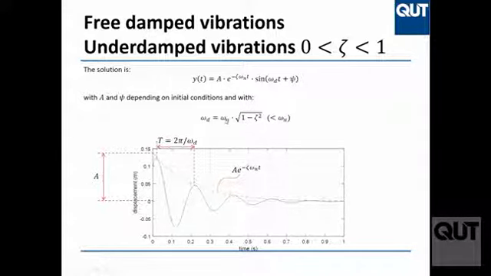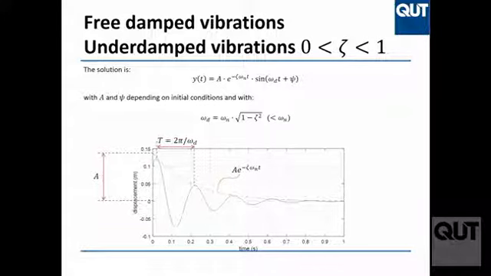So what are the two main effects of damping, of adding a little bit of damping to your system? Two main effects. One is major, one is secondary. The major effect is that your vibration will not live forever. It will slowly go down. The second effect is that your frequency of vibration is slightly diminished by the damping.